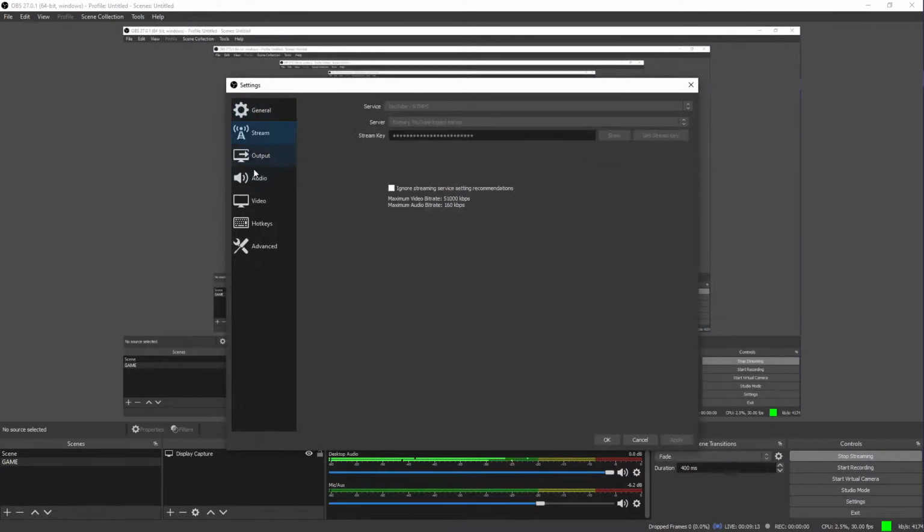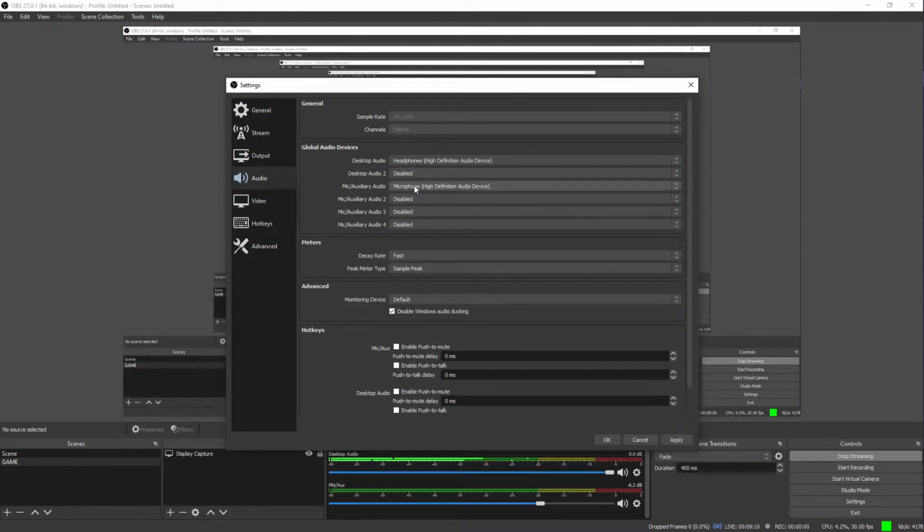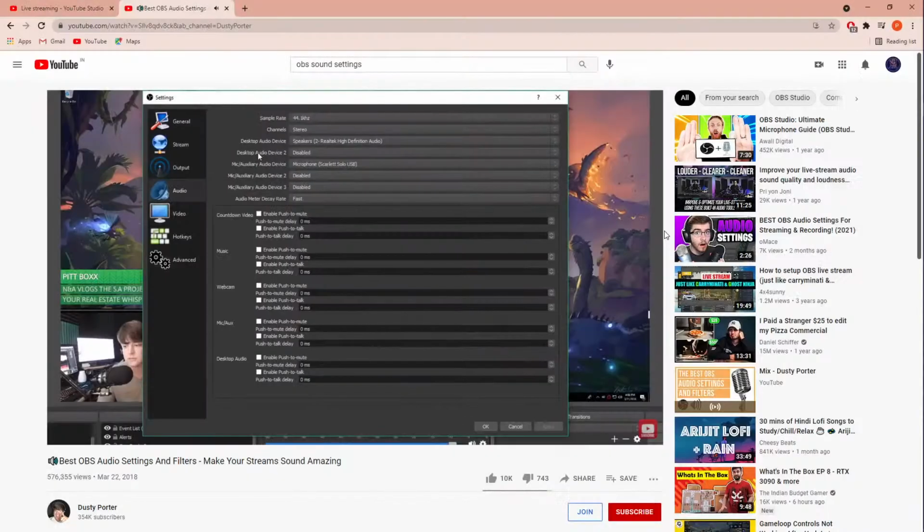Now, you may have it coming out of your audio interface or something of that nature, and if that's the case, click the drop-down menu and select the correct audio source that you're going to use for your computer audio. I rarely ever use desktop audio device 2, but if you have multiple audio devices, if you're